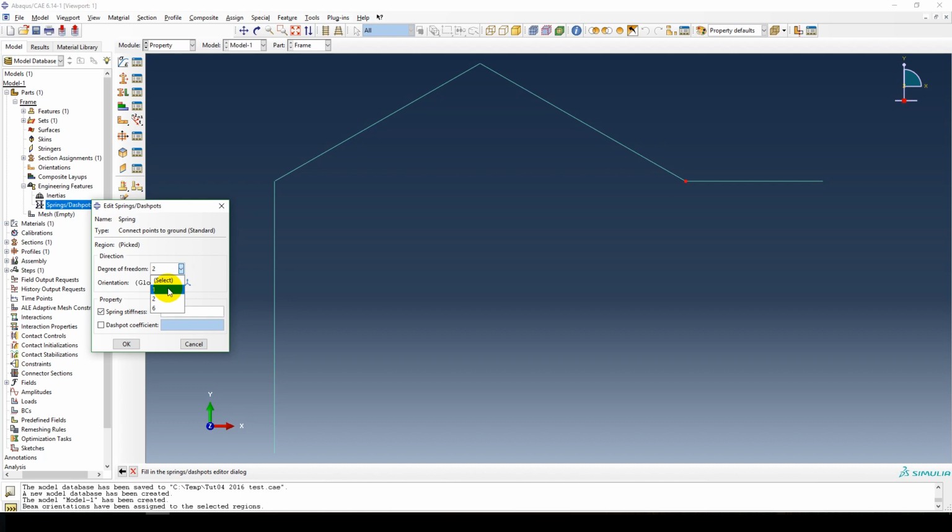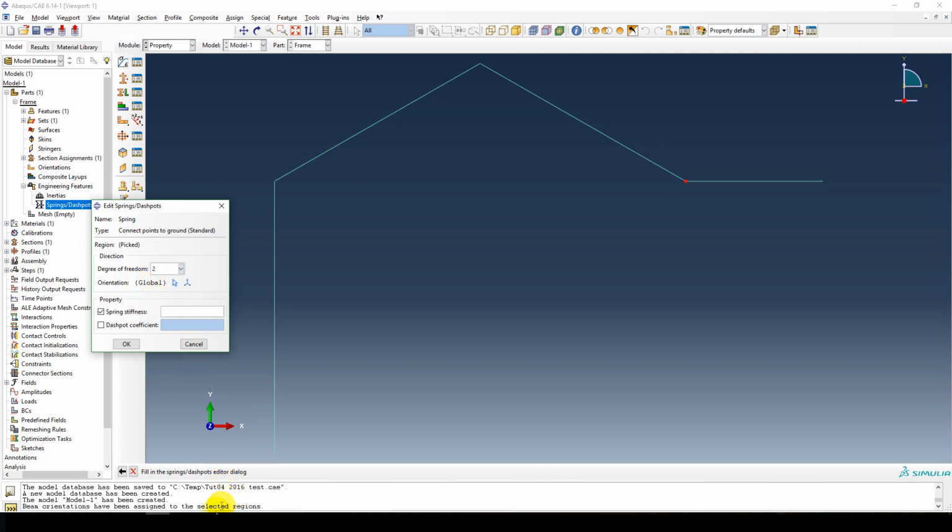So it is your force in X direction, force in Y direction. In a 3D beam, your degree of freedom 3 would be the shear force in the Z direction, and then the 4, 5, and 6 would be the moments about each axis. So for a 2D problem, you only have force in X, force in Y, and rotation around Z, which is 6. Okay, and since our spring is in the vertical direction, we are going to say degree of freedom